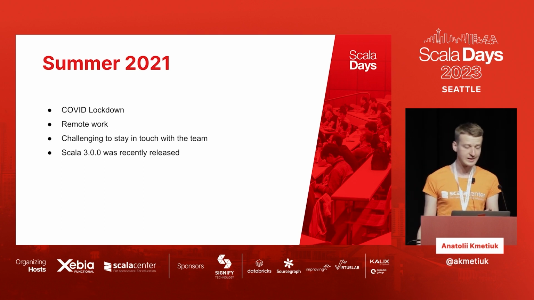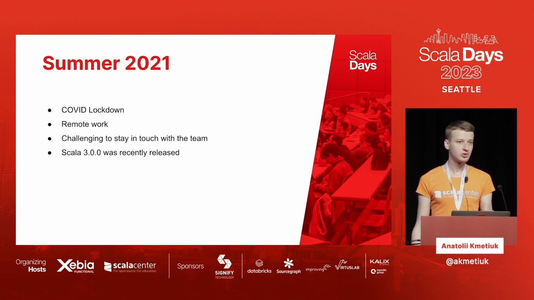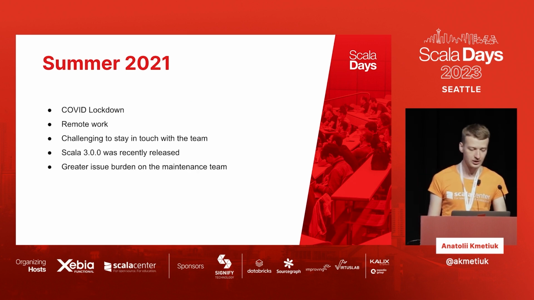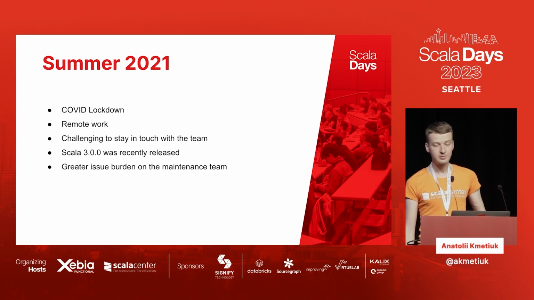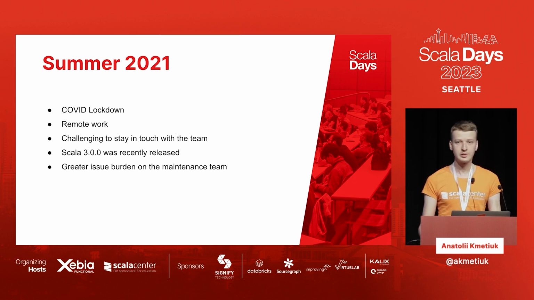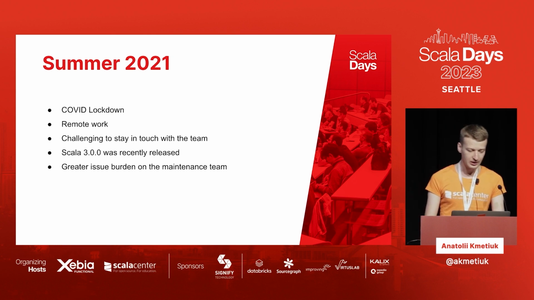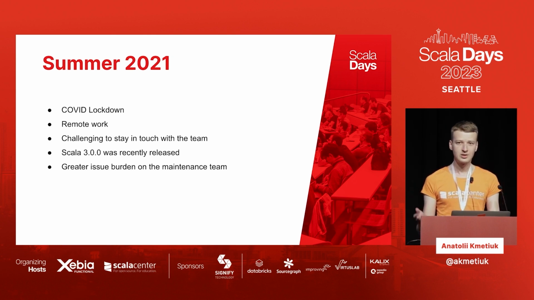Once you release a stable version of the software, those other stakeholders start to come and use your software. So you get more usage, and so you get more bugs. This means a greater issue burden on the maintenance team. The maintenance team at that time was LAMP, a lab at EPFL, and a lab is a scientific unit, tasked with research first and maintenance second. So that was a problem: they started to gain more maintenance burden at the time.